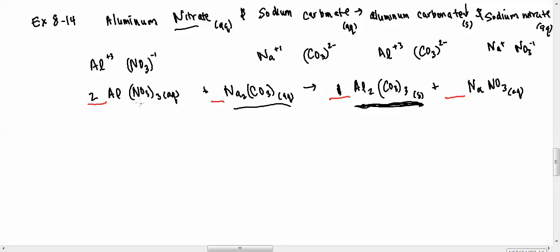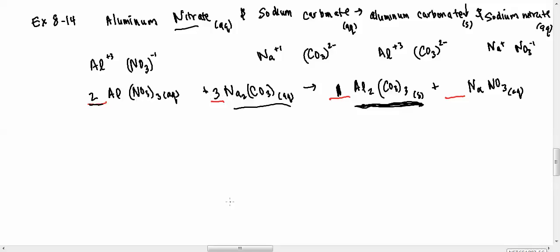I'm going to deal with this NO3 later. Let's deal with this carbonate. There are 3 carbonates on this one aluminum carbonate, so that means I'm going to have to multiply this thing by 3. Now, if I multiply this thing by 3 and I multiply this thing by 2 over here,